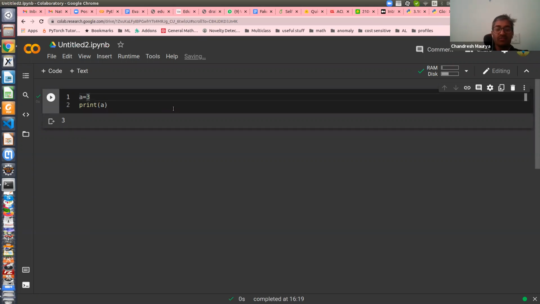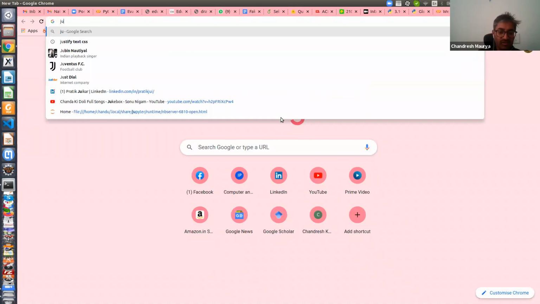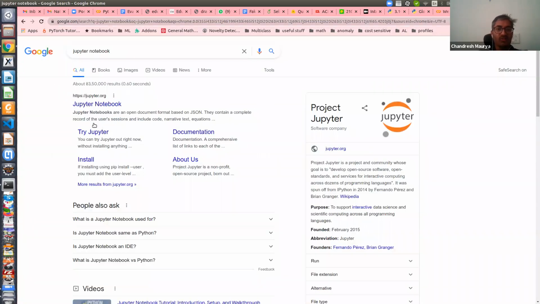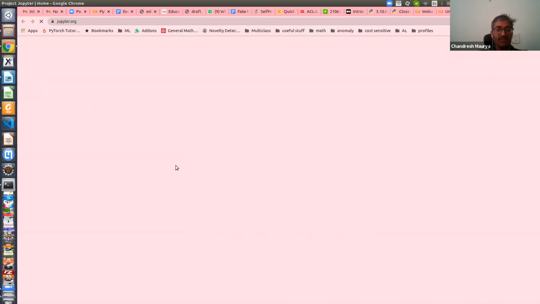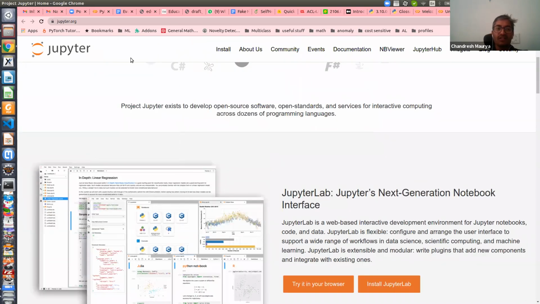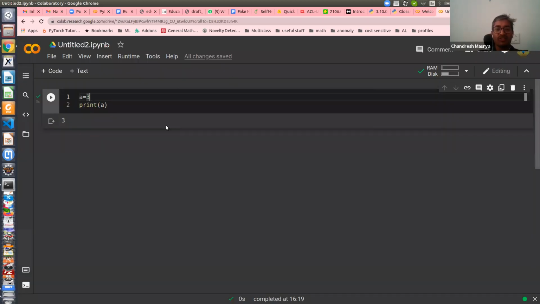So Jupyter Notebook, you should install. Let me tell you about that as well. Jupyter Notebook. So you go to this site and you can also install Jupyter Notebook from here. Basically, once you install it in your Python, it will open the notebook in the browser. This browser I am opening over the cloud, over the Google server. I didn't install anything. Let's say you want to open Jupyter Notebook in your local browser, right?